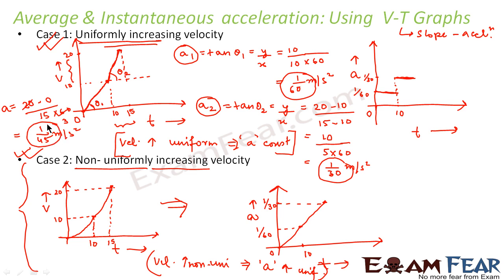So we found that we can calculate the value of acceleration from the velocity time graph. So this is how the average acceleration is demonstrated in a velocity time graph, and each point on the velocity time graph represents instantaneous acceleration at that point. You consider any point, you just take out the slope at that point, that will become instantaneous acceleration for that particular instant of time.